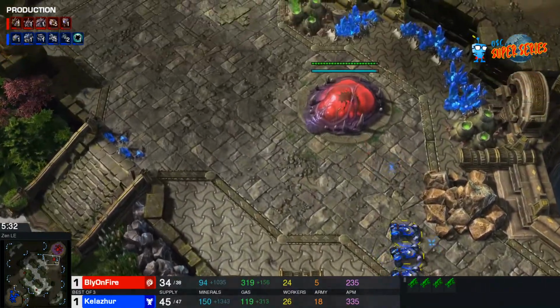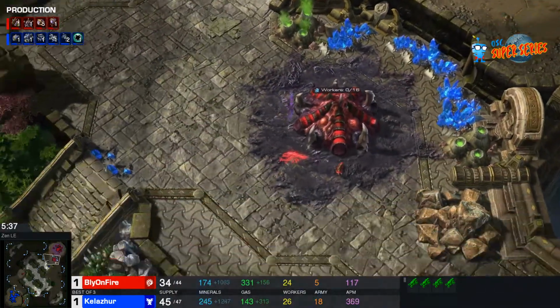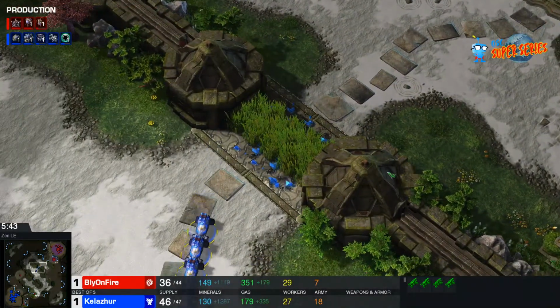Kelazhur drift racing his way into the Nat of Bly. Oh, he's not going to try and go into the main. I mean, there's 1 queen to intercept. Yeah, I guess the attack's going to be stronger once the Banshee comes out, but